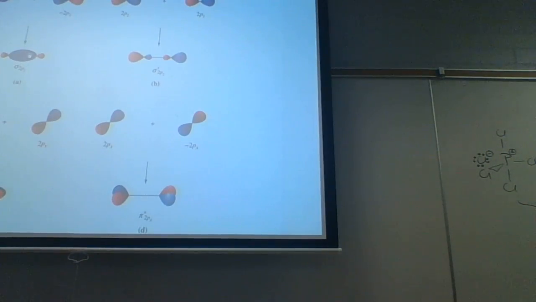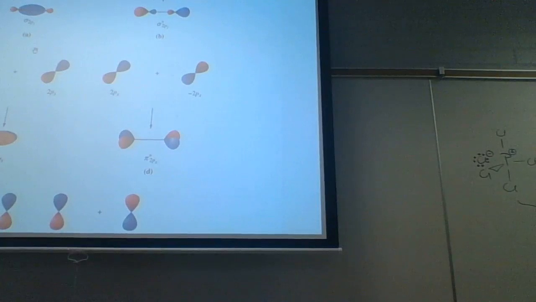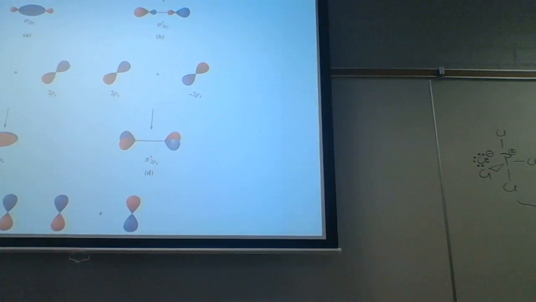Now, there is the px and the py. And so the px, they have sticking straight out of the board. And this px is sticking straight out. And so what they have is they have these 2 px's like this. I should have brought the p's. And another one here. And when we do linear combination, we're going to do positive amplitude, negative amplitude, we get constructive. So we end up with one big lobe projecting out, one big lobe projecting in. The 2 nuclei are here. Although it's hard to see, this is called a